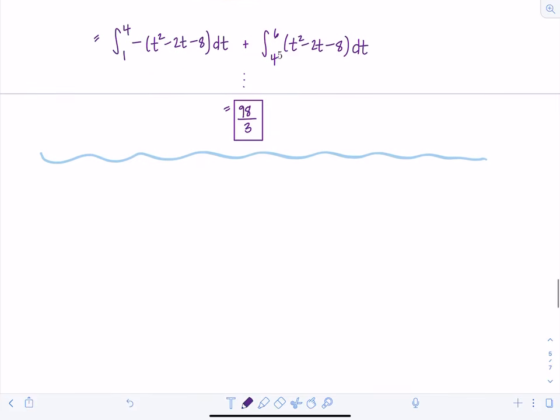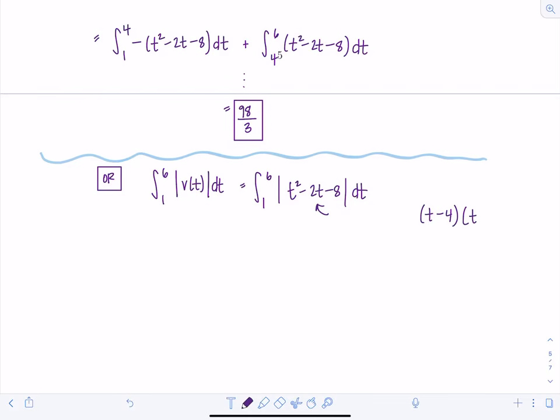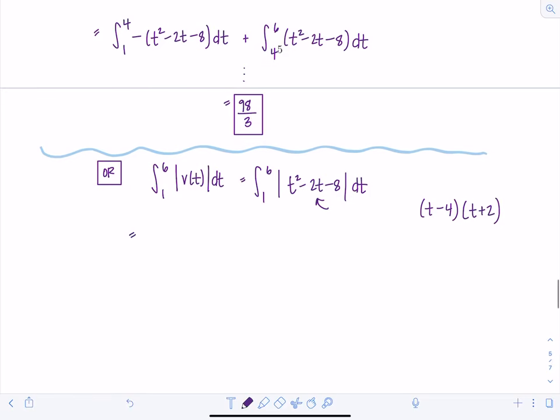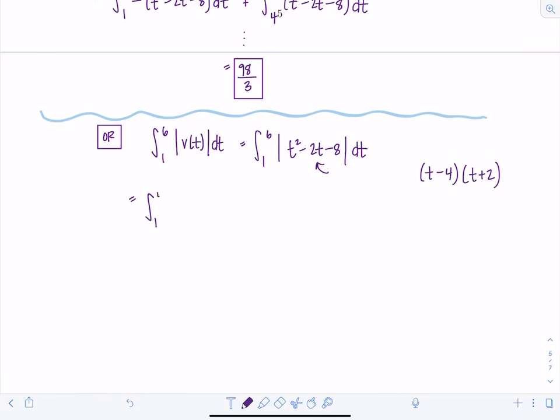So if you're integrating and you want the integral from 1 to 6 of the absolute value of v of t dt, you need the integral from 1 to 6 of the absolute value of t squared minus 2t minus 8 dt, right? And then you identify, okay, the zeros here are at 4 and negative 2. So you know you're going to have to split it up, right, from 1 to 4,